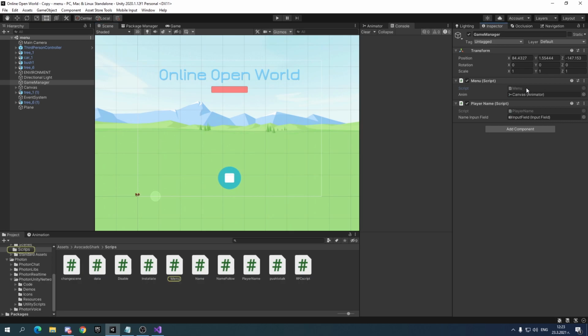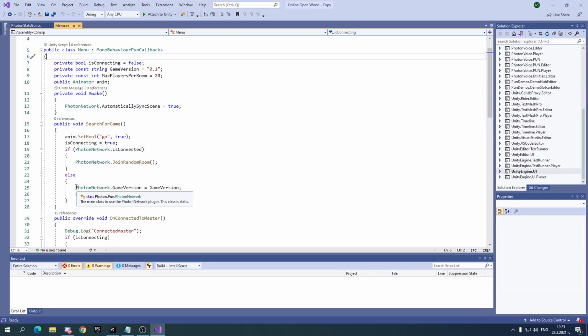In my case it's menu, and when you're connecting to the Photon server, you should have already set up PhotonNetwork.ConnectUsingSettings. Photon, I think, updated their system, and it no longer works like that. So if you think this will help you make sure that people with different game versions won't connect to each other, this won't work. So what you need to do is firstly delete this,